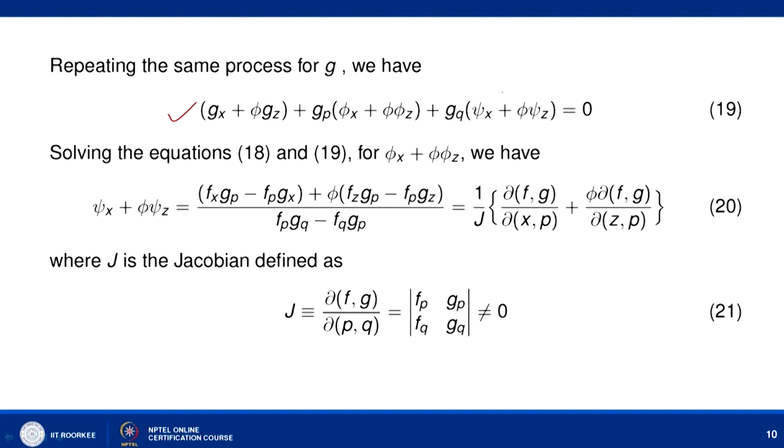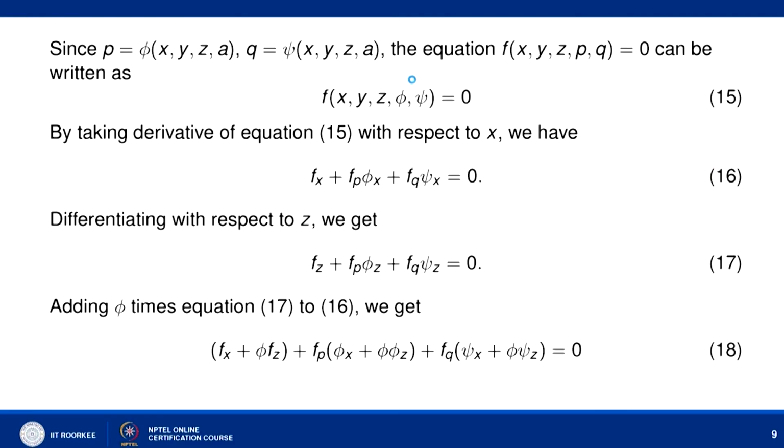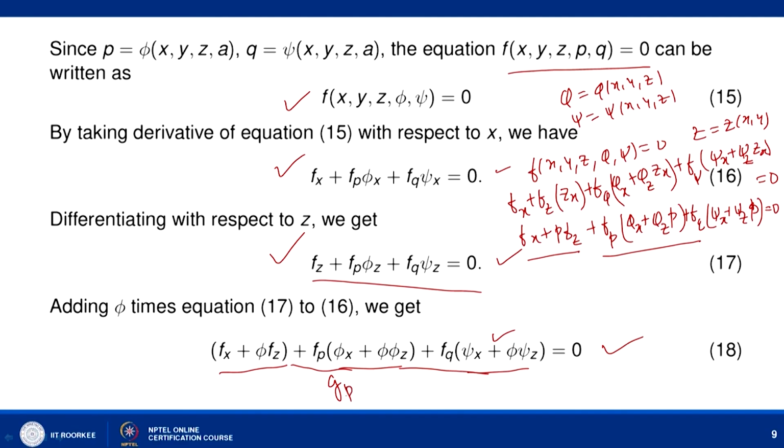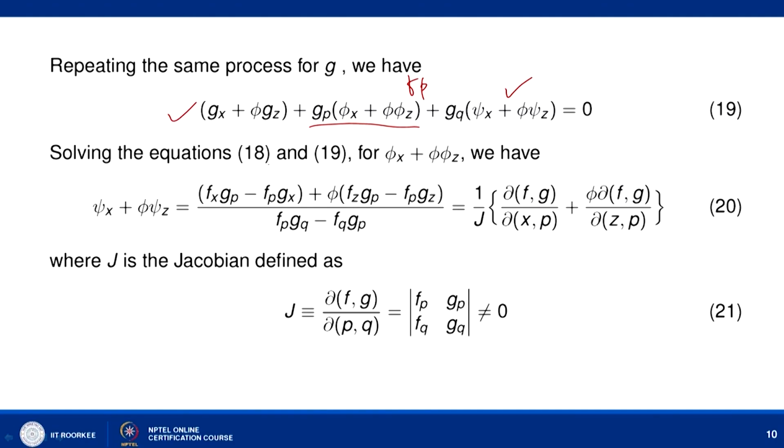And as we said, we want to get an expression for this. So, what we do here, we multiply by f p and here we multiply by g p and then subtract, so that this term will be cancelled out. So, when we do that, solving equations 18 and 19 for psi x plus phi psi z, we can get psi x plus phi psi z as follows: